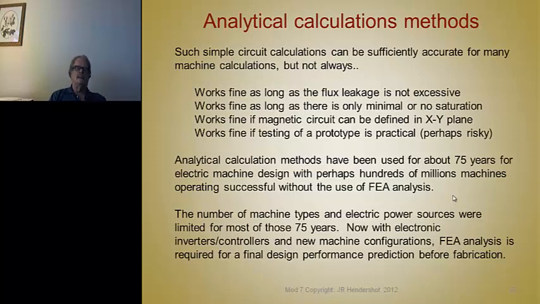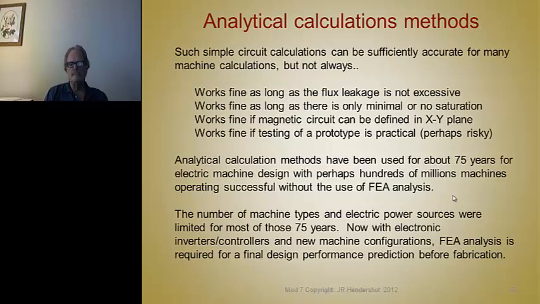Motors that have skewed rotors or stators, that is an accurate analysis of the effects of skewing a rotor for an induction machine, or skewing the magnets or the stator in a permanent magnet machine. The effects of skewing, it turns out, can be estimated pretty accurately by analytical methods as long as you break the core length up into little slices. In other words, you skew it in a step fashion, and you solve each one and knit them together and you can see the effects of the change in the back EMF wave shape when you skew a